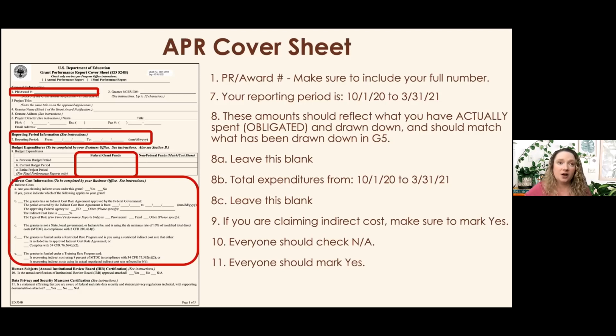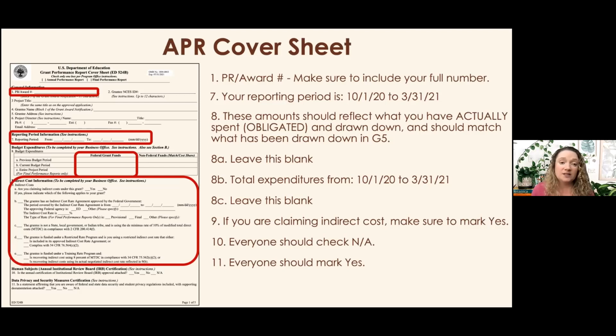Okay. Then we go down to number 9. 9 is your indirect cost information. Some of you are claiming indirect cost, some of you are not. If you are not claiming indirect cost, please mark no, move on with your day. If you are claiming indirect cost, then you're going to mark yes on A, then mark the appropriate choice under B through E and enter your rate.